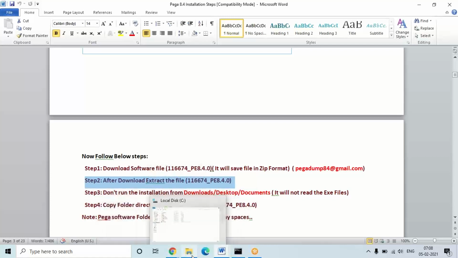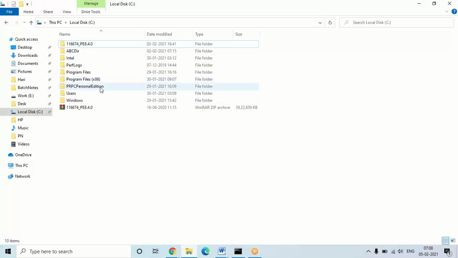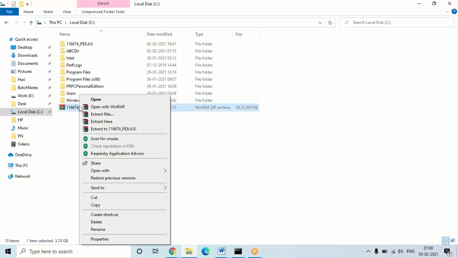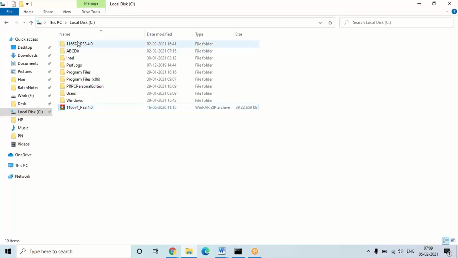For example, in my PC, generally after downloading you will get this zip file format. So you have to extract that one. When you extract this one, don't extract the files individually. You have to extract to some folder, the same folder will be there, right? So you have to choose this option, extract to folder, so that it will create a folder wherever you extracted. It will create a folder with the same name, and all the files will be extracted to that folder.